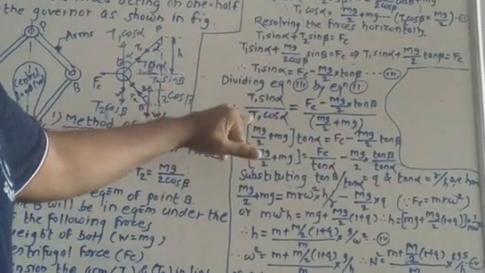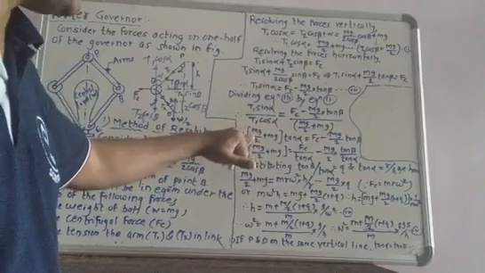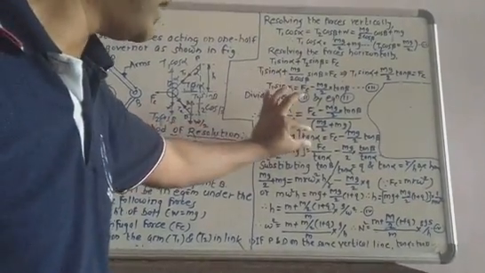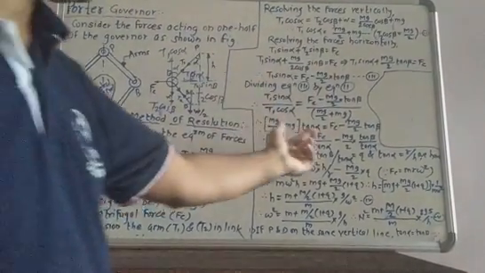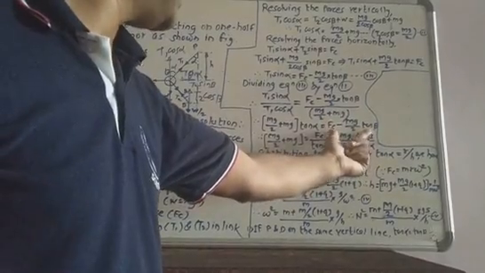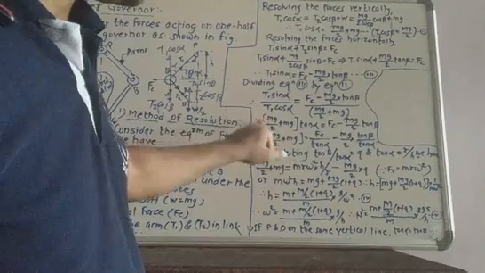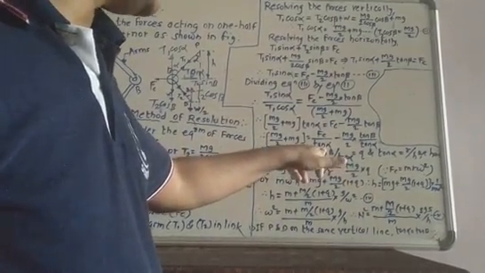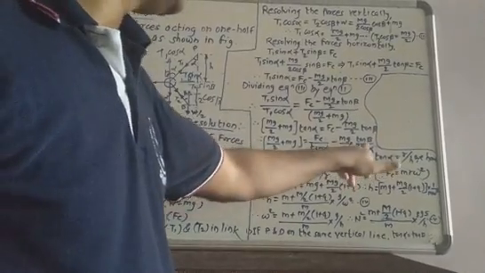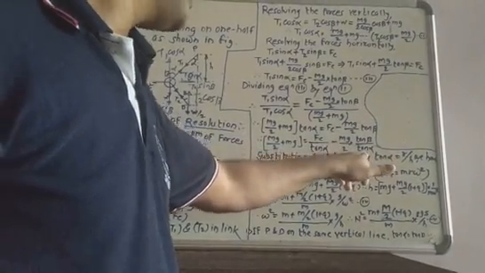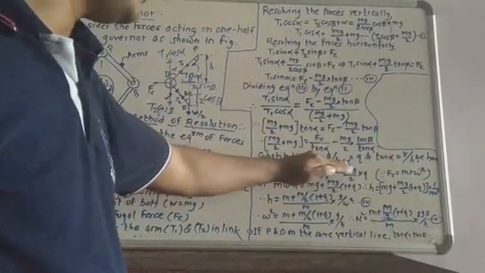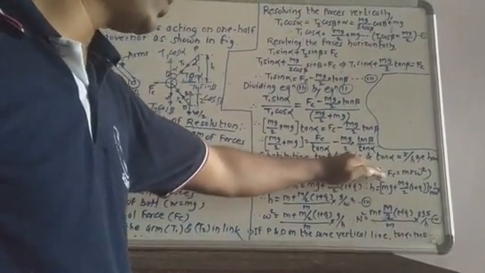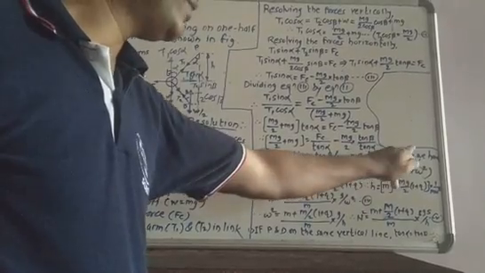So T1 gets cancelled. Sin of alpha divided by cos of alpha is nothing but tan of alpha. Take this term here, this term will remain as it is. Now take this tan of alpha towards the right side, so it goes in the denominator, here also in the denominator. Now substituting tan of beta by tan of alpha equals Q, and tan of alpha equals R divided